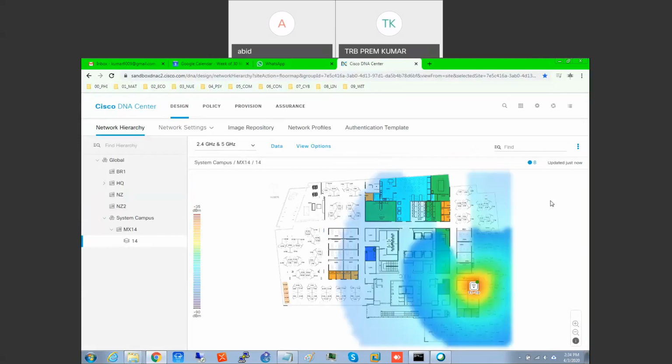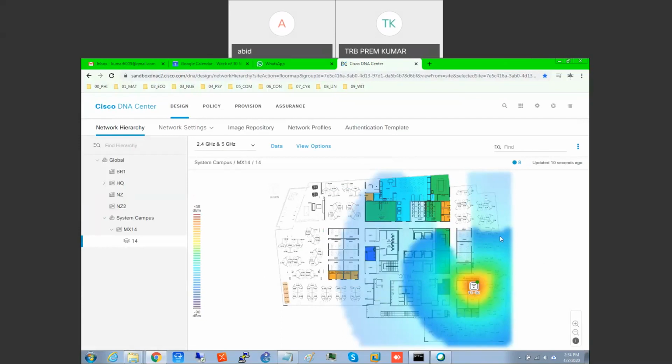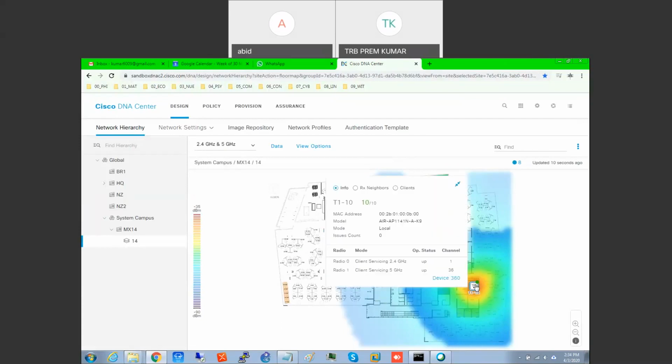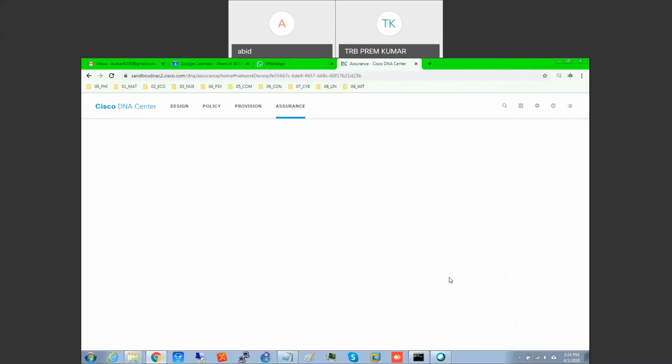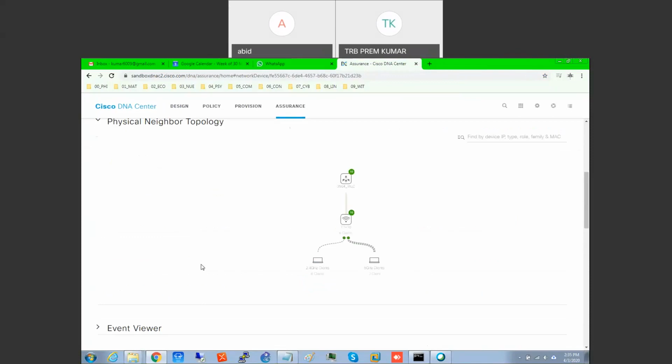Got the point. Now I placed my access point here. This is the RF spectrum. Remember RF spectrum? It is showing you everything here. You can see 2.4 gigahertz and 5 gigahertz, both are working. Now this is one tool we can use to design the networks. It will automatically build the RF spectrum, and we can configure it also. You understand? This is the diagram here.